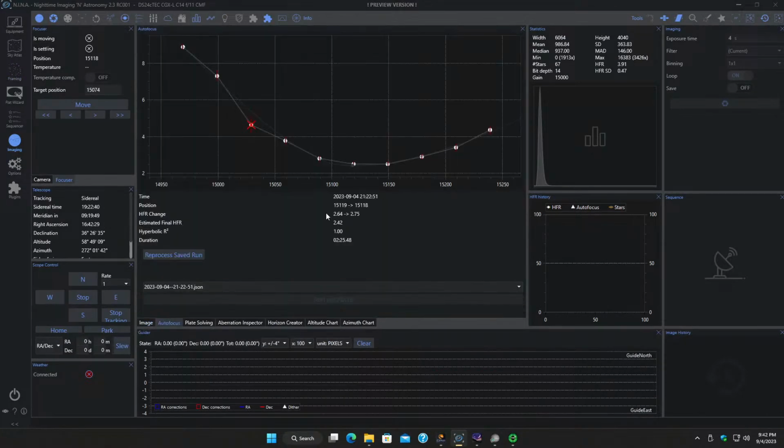And as long as I get a good hyperbolic R squared number like this on my last run, I'm going to take it and run with it. And it doesn't take long. It takes 2 minutes and 25 seconds to do an autofocus. It takes maybe another 2 or 3 minutes to slew and center on your target. And then I'm done. I jump into SharpCap,